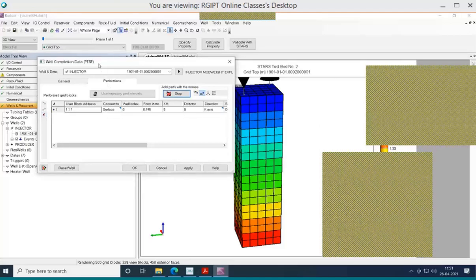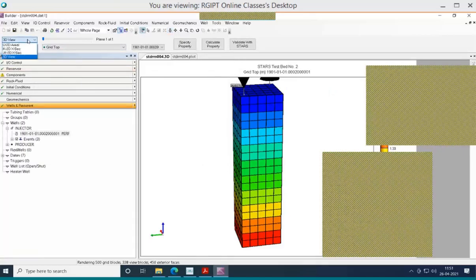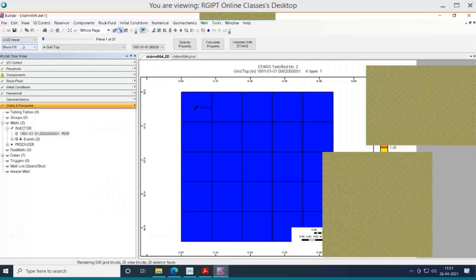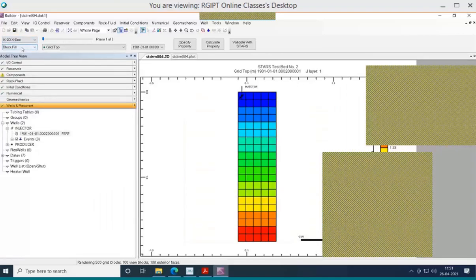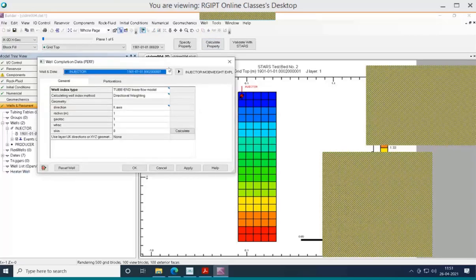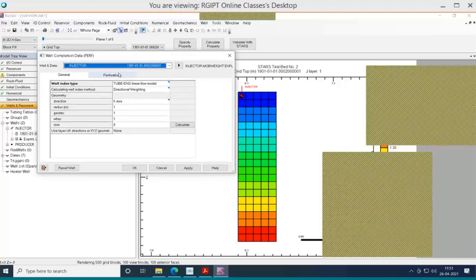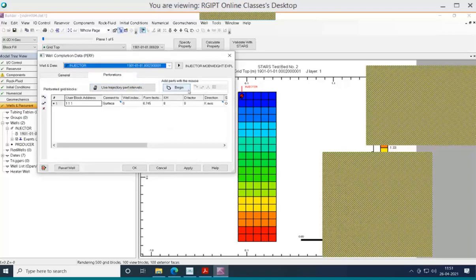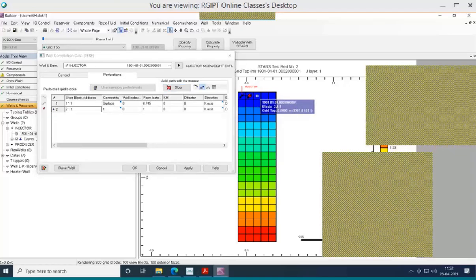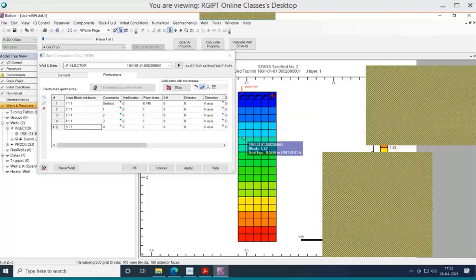Let me change the view. Cancel. Not this one. Yeah, that's fine. Now perforation. Let me add perforation of the injector. Begin. Here 211, 311, 411, and 511. Okay.